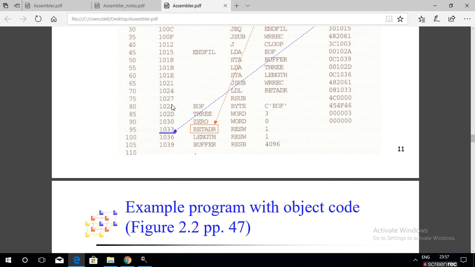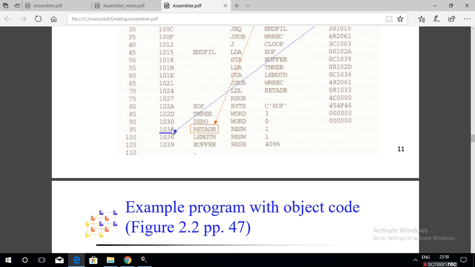So 102A, 102B, 102C, 102D: add 3 to 102A because 3 characters are there.